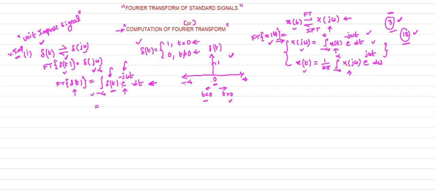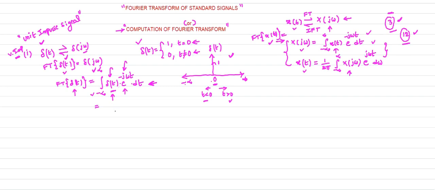So whenever you multiply any function with the impulse, you get the value 0 except at time t equal to 0. At t equal to 0 only we will get the value of the function. Now what is the integration value? We are going to integrate this entire function from minus infinity to plus infinity, but the delta of t is only defined at time t equal to 0. At time t equal to 0, its value is 1.